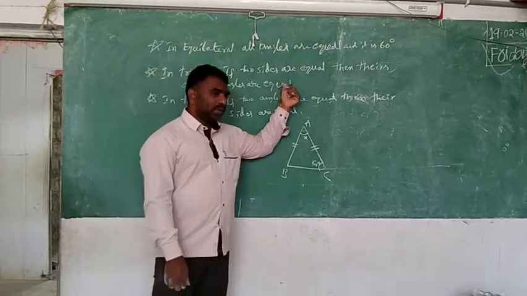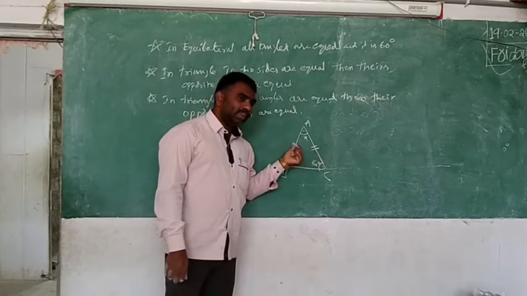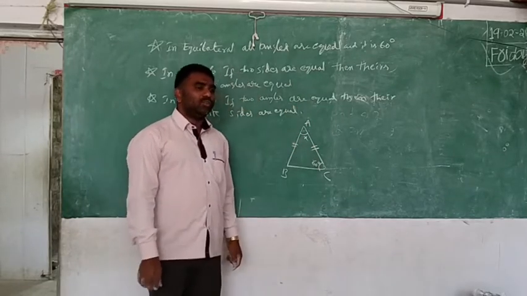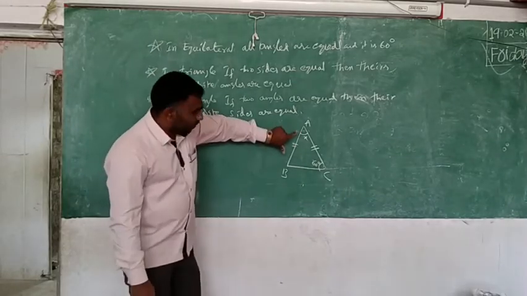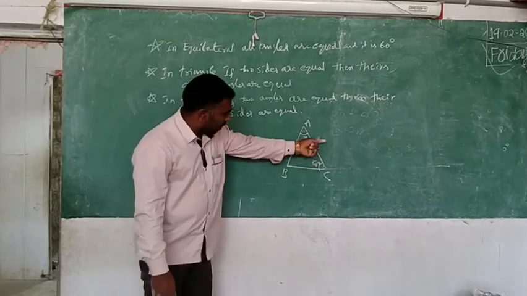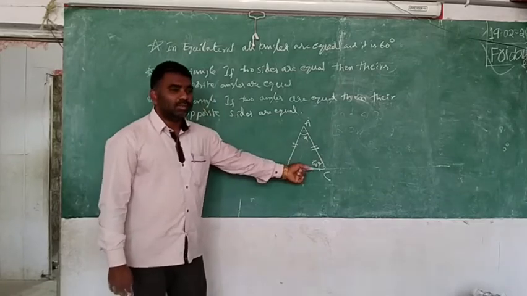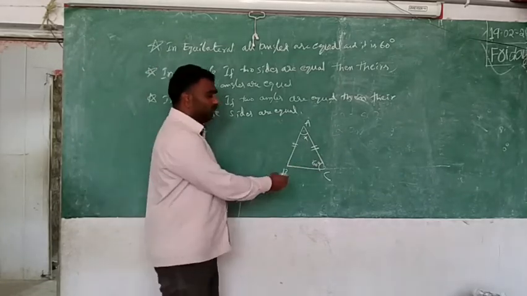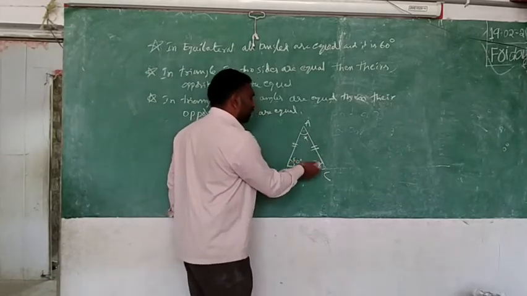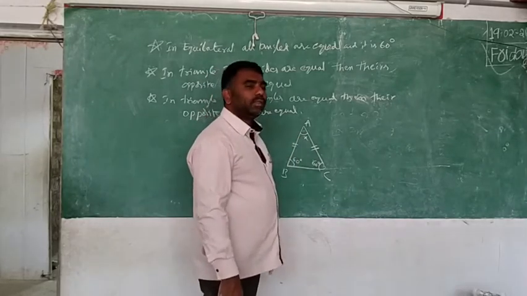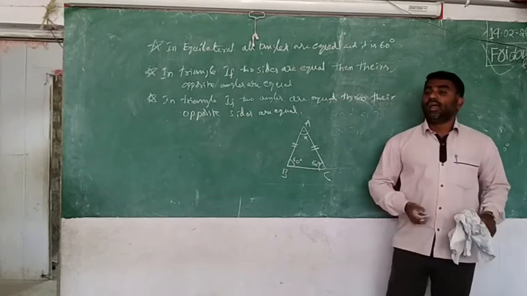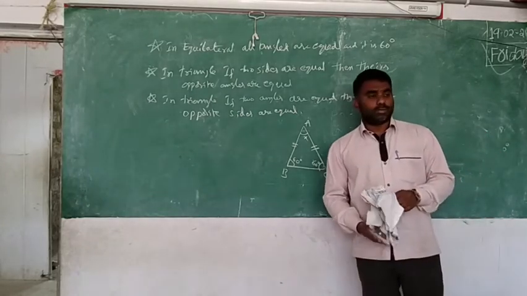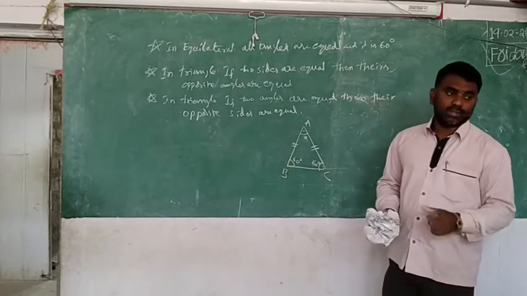But you know this property. You are finding two sides are equal here. What is the meaning of two sides are equal? Their opposite angles are equal. This opposite angle and this opposite angle are also equal. If this is 60, that's why this also will be 60. Then you can find the third angle. Like that, these ideas will be useful to you in solving problems. That's why you have to remember that this property is compulsory.